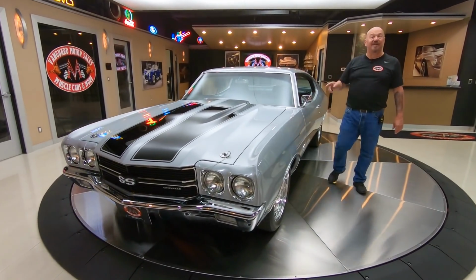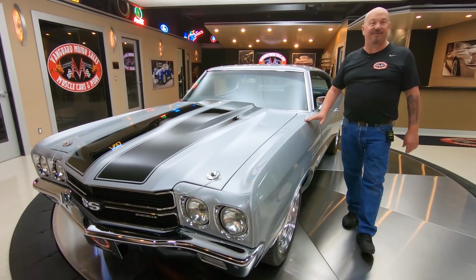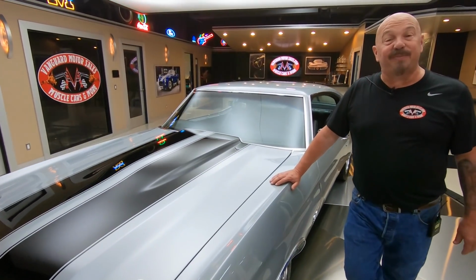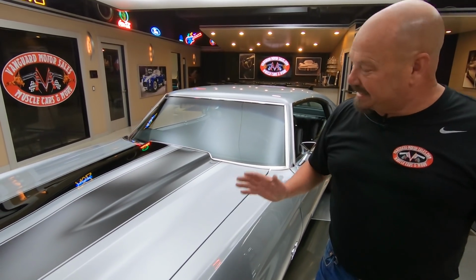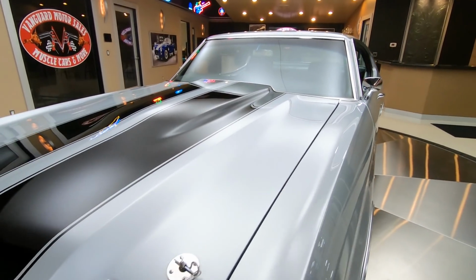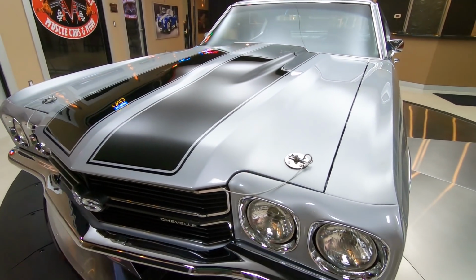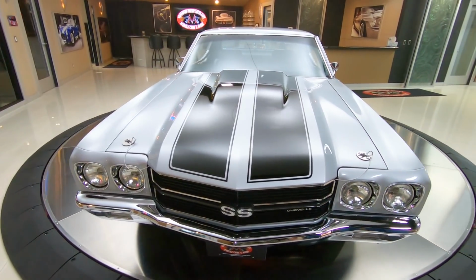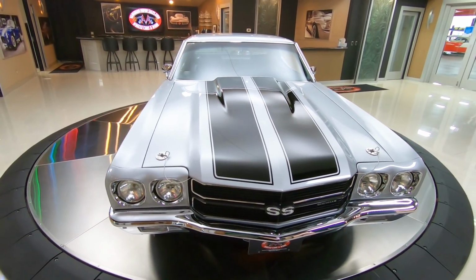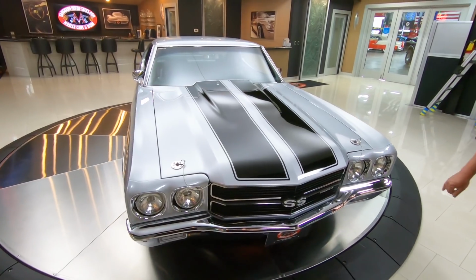I'm Greg, and this is one beautiful 1970 Chevelle. She's got a numbers matching 396 under the hood. The restoration on it is over the top. It's got some custom parts on it, but mostly this car is 100% original. We're looking sweet, guys. All the body lines, the paint work, the chrome work, everything about this car is slick